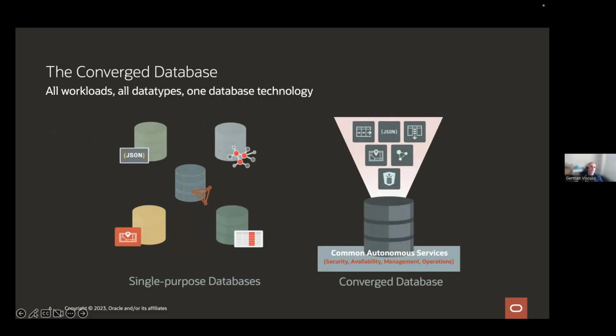The core idea behind this is that instead of having separate databases for each type of data, you have a multi-model database which supports key value, JSON, graph, spatial, blockchain, relational, etc., in the same database architecture. So when you combine this with a multi-tenant architecture, which is having pluggable DBs and having a container database, which you can quickly manage like a fleet of different pluggable databases, you can make it easy to handle the data integration, the management, security of the database, and make the underlying architecture of microservices simpler, as we'll see in a